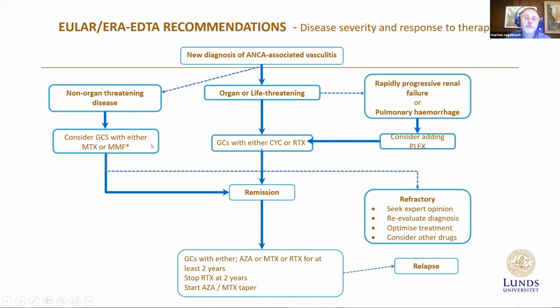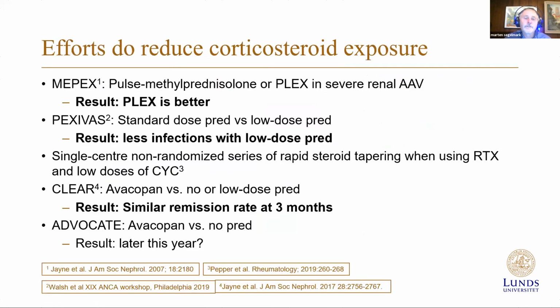major treatment option. In the most severe cases, the add-on of plasma exchange has now recently been challenged and is not as popular as it used to be. But cyclophosphamide and rituximab are still the main treatment in most cases. In recent years, there has instead been a movement to use less steroids, which has been very important, and a lot of studies have been made to try to reduce steroids. And I will here just mention one of them